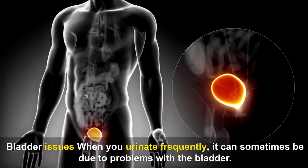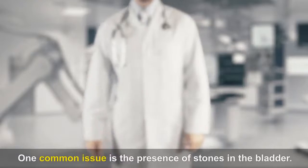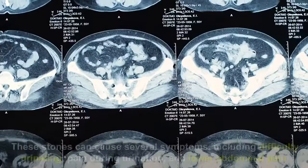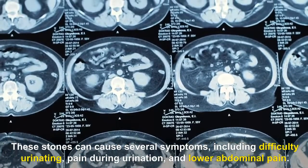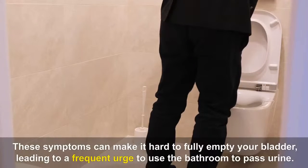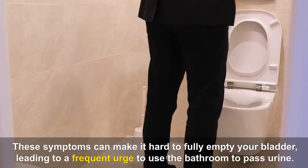When you urinate frequently, it can sometimes be due to problems with the bladder. One common issue is the presence of stones in the bladder. These stones can cause several symptoms, including difficulty urinating, pain during urination, and lower abdominal pain. These symptoms can make it hard to fully empty your bladder, leading to a frequent urge to use the bathroom